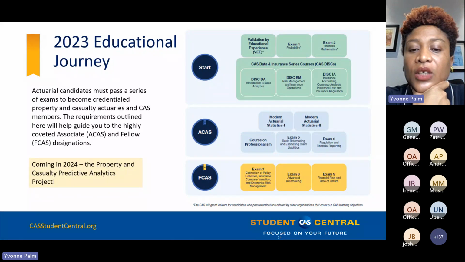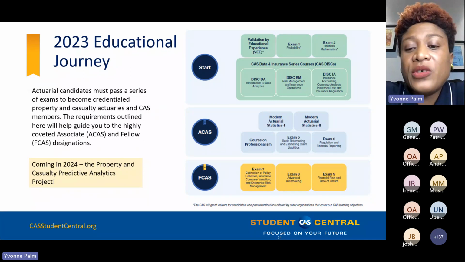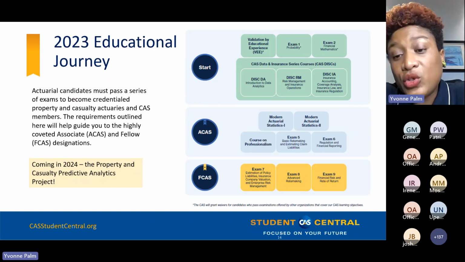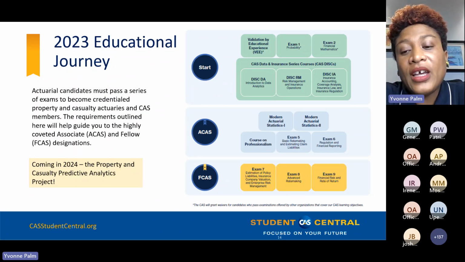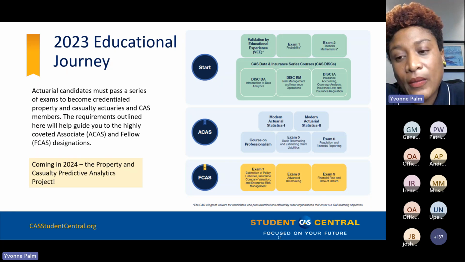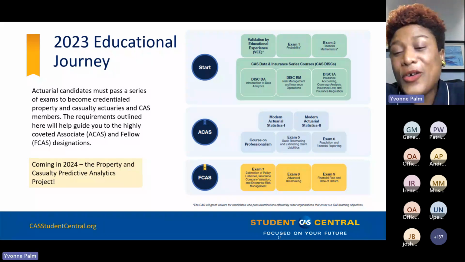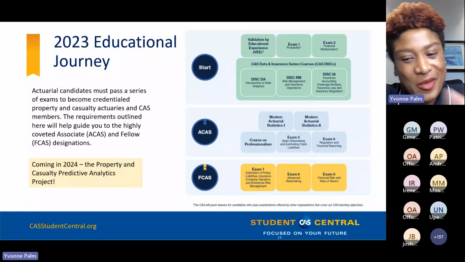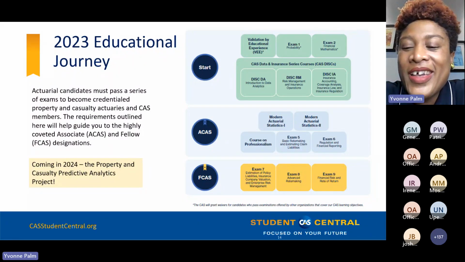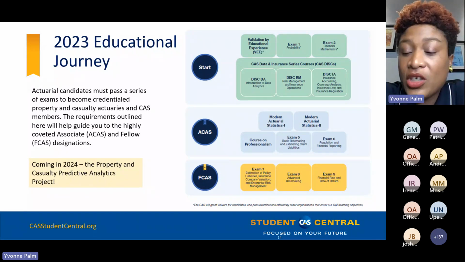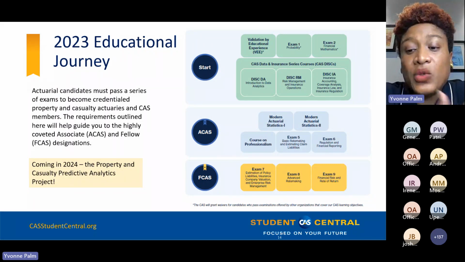For the associateship exams, we've got what we call modern actuarial statistics. So there are 2 exams, 1 and 2. And up to this level, the exams are multiple choice. But then as we move on, those now become written exams. So we've got our exam 5, and you don't have to take these exams in this order, by the way, even though we have the names and orders in order. But we have exam 5, which is basic rate making and reserving. We've got exam 6, which